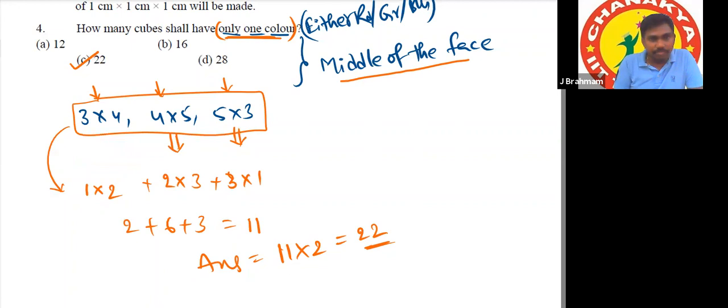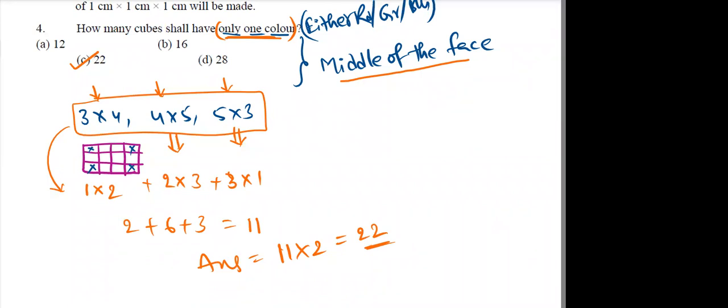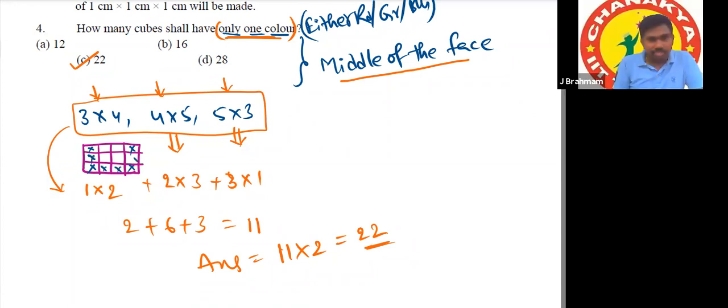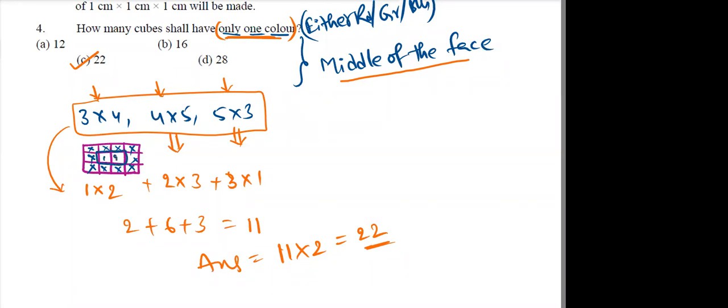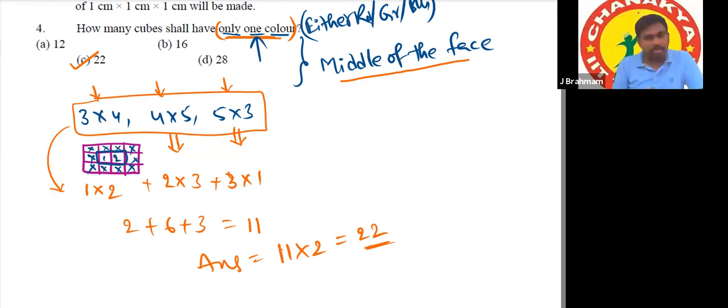And again, I'm explaining here. It's a 3/4 face, which means one side three pieces, and another side 1, 2, 3, 4 pieces. But out of these 3/4, these 4 are already considered in three-side painted, because they are in corners. And these are already considered in 2-side painted. Purely belonging to this face are these 2, and these 2 are to be considered as only one face colored.